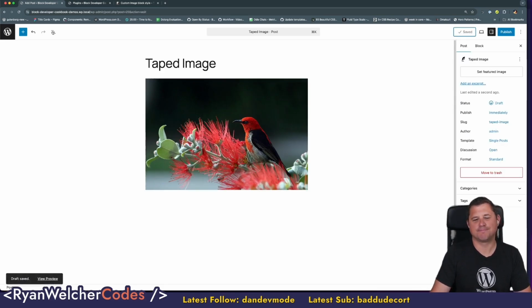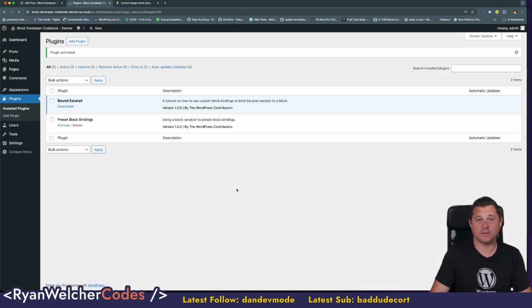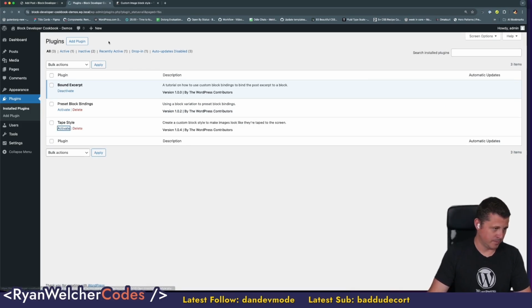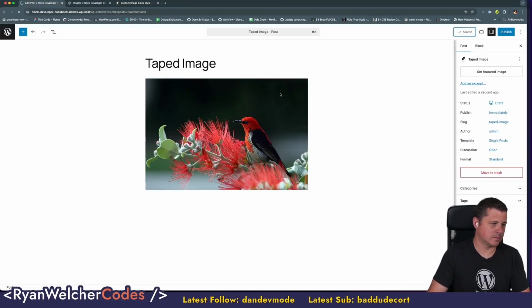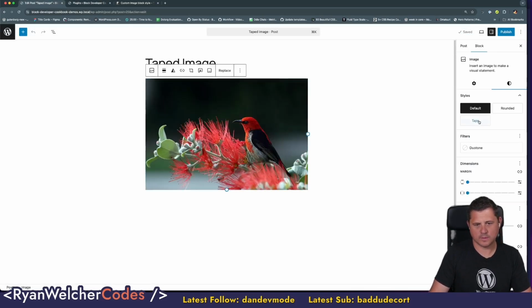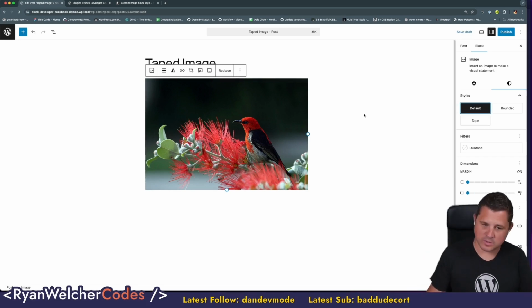Oh. I will give you 10 seconds to figure out why it doesn't work. Boom. There we go. We're going to deactivate the block too. There's the pound excerpt. If I refresh this now, I do have tape, but it doesn't do anything because we're not loading any CSS. So we've registered our